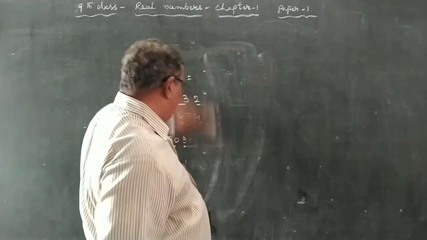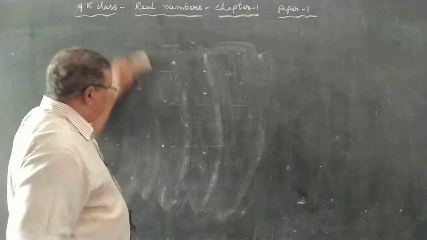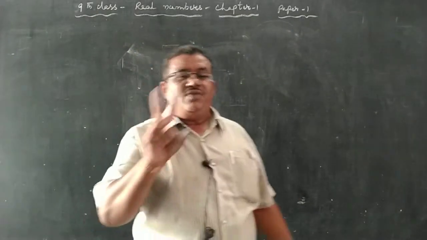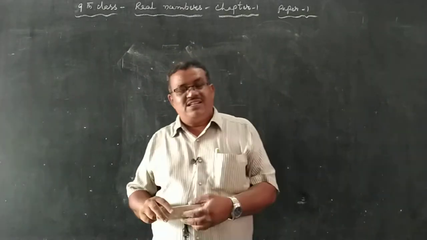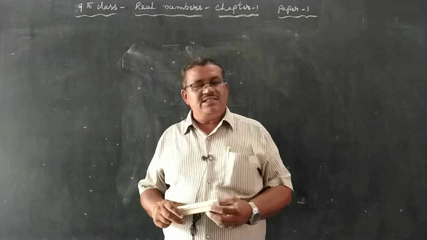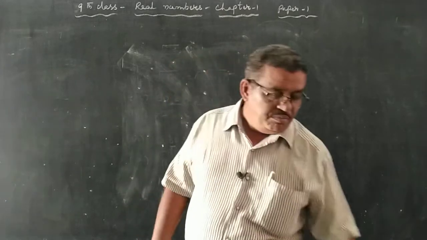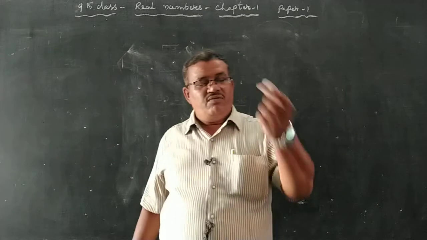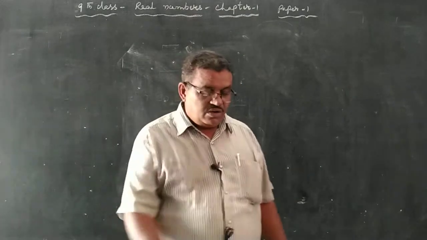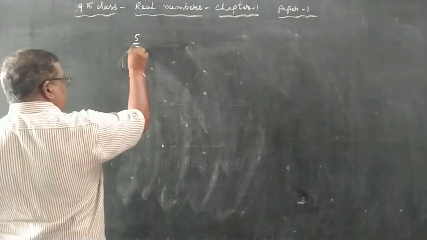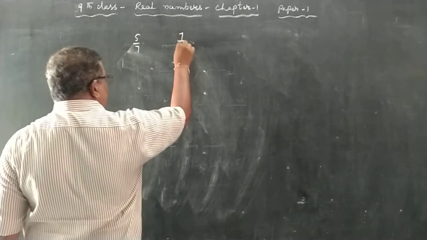Actually, in the earlier classes, in the 8th and 7th standard, we clearly learned about that. Between two rational numbers, how many rationals are there? The answer is, so many rational numbers are there. Clearly, between two rationals, there are infinite irrational numbers as well. Go through the question. The first one is 5 by 7. The second one is 7 by 9.